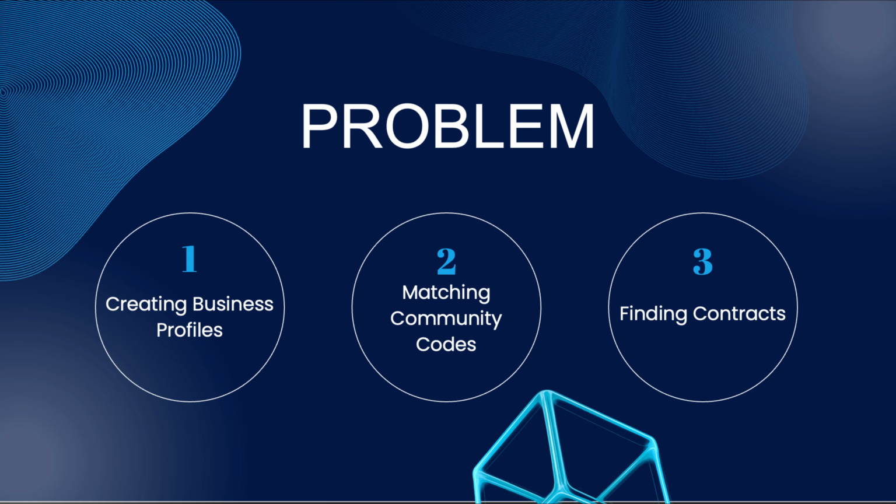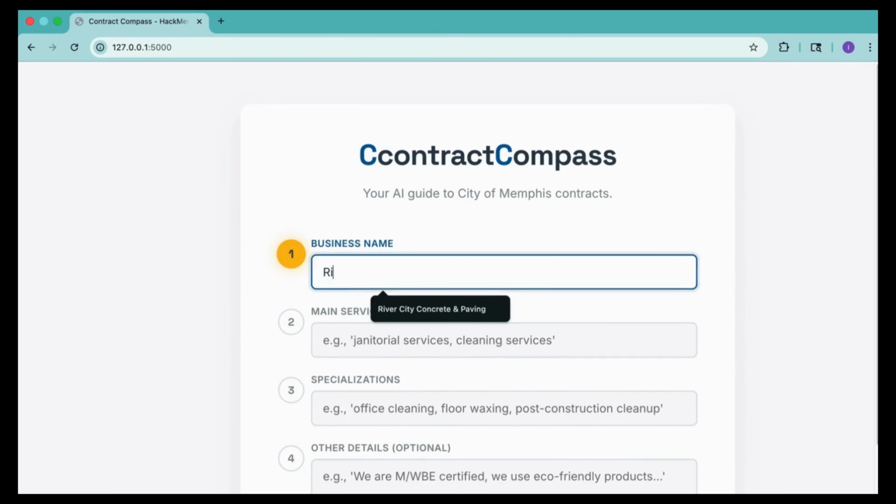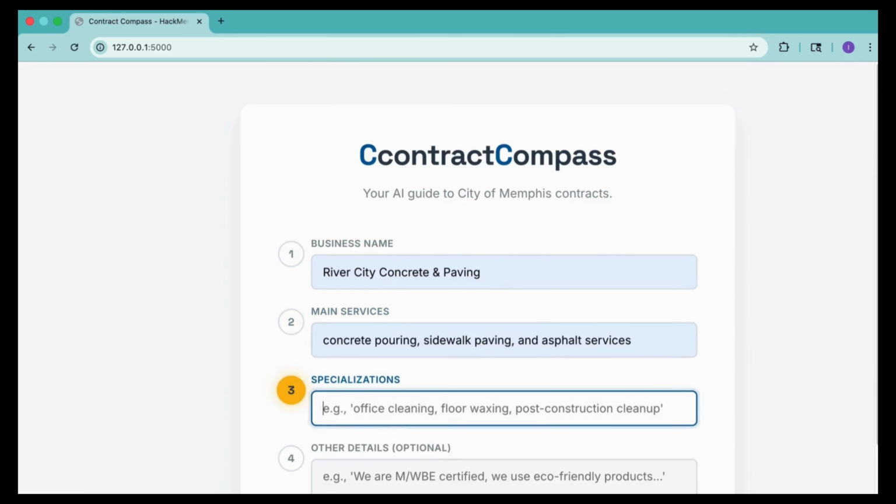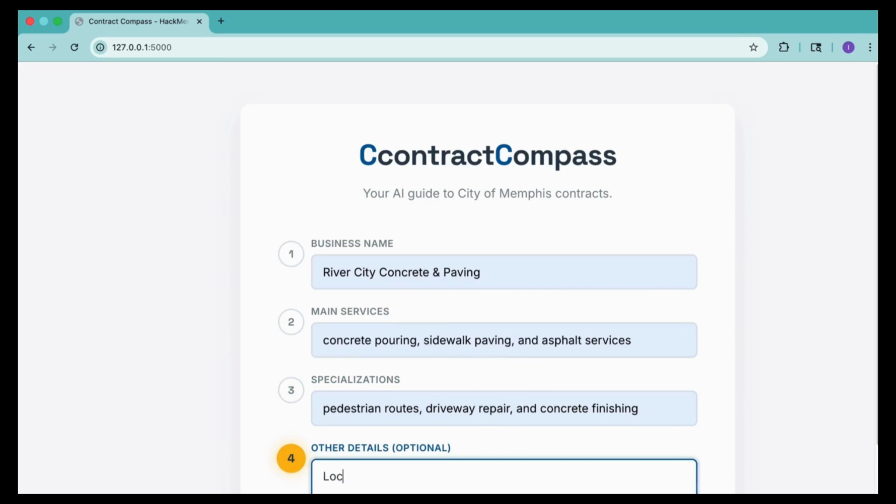So here's a quick demo. So you start, and right now it's a standalone page, but it can be integrated with other software based on purpose. So you briefly can describe, or you can go into as much detail as you want. For the sake of time, it's fairly brief. You give the main services, what you specialize in, and other details. And then what it does, it goes and generates, helps you in the future. This can be expanded, but right now it's a prototype, so it helps generate